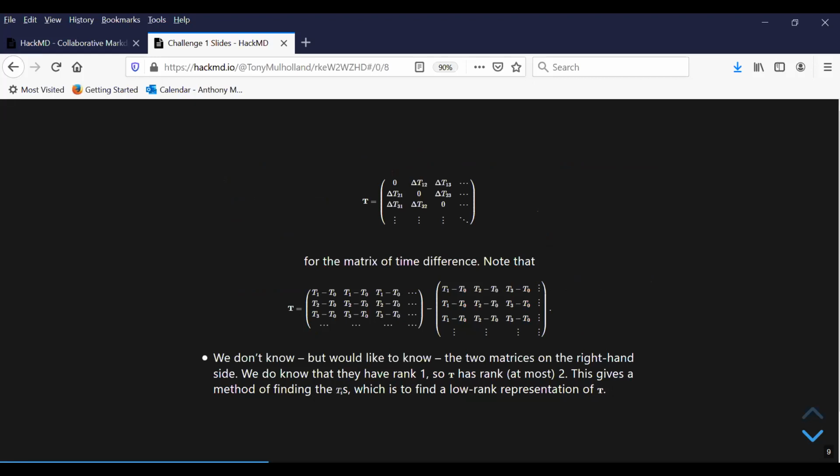One way to try to correct for that is that the matrix of these time differences must in fact be of rank 2. So you could use finding the closest rank 2 approximation to the time difference matrix as a way of forcing the time differences to a consistent set. I think there are other ways of doing that as well.